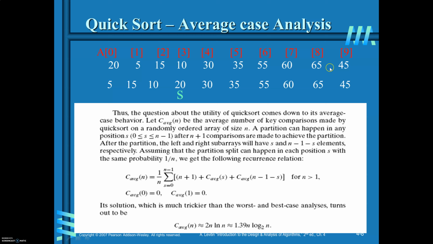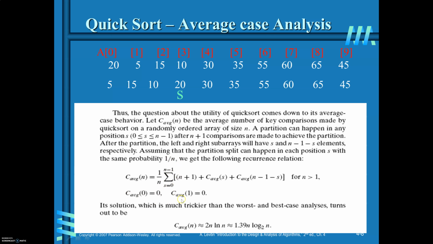How do you get that? n minus 1. The number of elements in the array is 10 here. So 10 minus 1 is 9, 9 minus 3 is 6. So n minus 1 minus s. So sum these